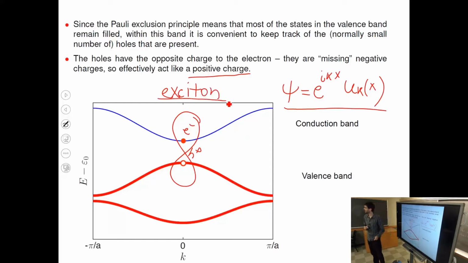Now, excitons take their name from the fact that they're excited, right? So in equilibrium under normal circumstances, they're not favored, but they can be excited by something like absorption of a photon. You can create an electron-hole pair, and they will be bound together by their mutual attraction. Now, who can tell me if this is a fermion or a boson? That's right. It's a boson because it's a composite of two fermions. Two fermions make a boson. They will combined have spin 1. They will obey Bose statistics.